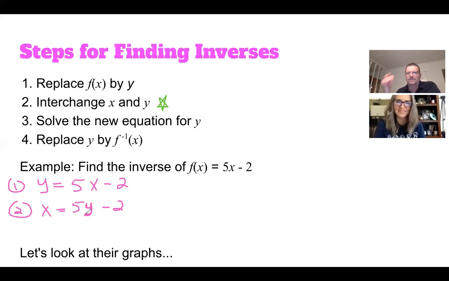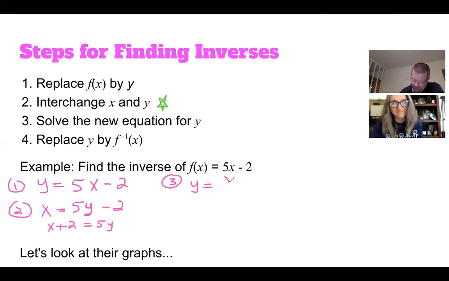kind of overblown. So anyway, but now I need to solve for Y. So what do I have to do? I'm going to have to add 2 and then divide by 5. I'm going to save myself a little bit of work here. X plus 2 is equal to 5Y. And when I divide by 5, I'm going to have X plus 2 all over 5. So that's going to get me the third step over here. And I'm going to rewrite the Y on the left side because it makes me happy to have the Y on the left side. But it doesn't matter. X plus 2